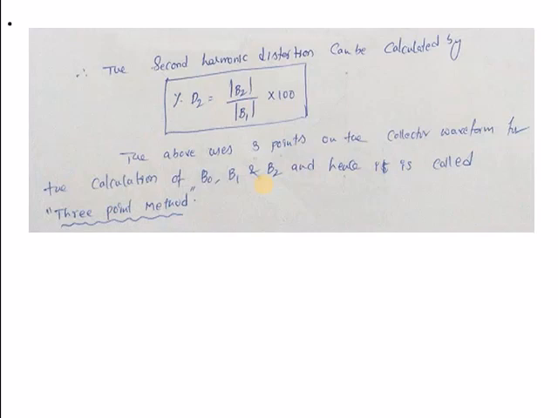The second point is there are several harmonic distortion components present at the output side. Those are second harmonic distortion, third, fourth, fifth. These are all integer multiples of the fundamental signal. Out of all these harmonic components, the main and major one is the second harmonic component because it has the largest amplitude. That's why we have calculated the second harmonic distortion value using the 3-point method.